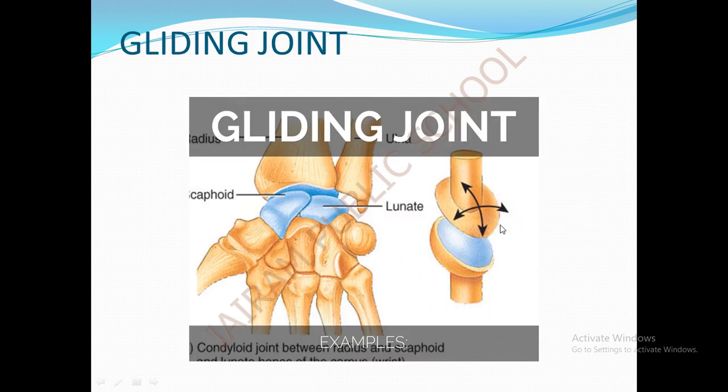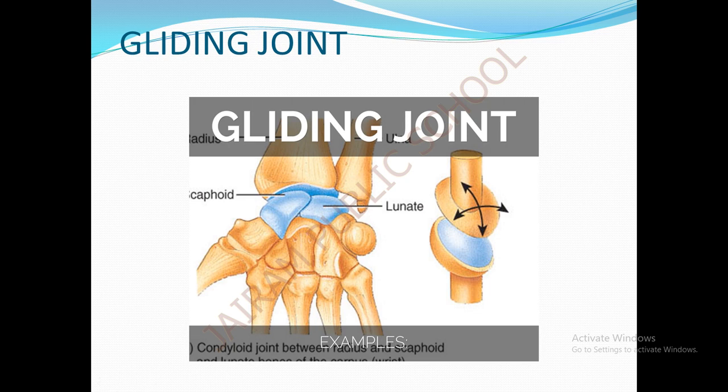The next picture is the gliding joint. The gliding joint is where both the bones are joined at a place. See the wrist, this is the wrist in our hand. It is able to rotate in any direction, so this part of the bone stays fixed. This is an example of a gliding joint.